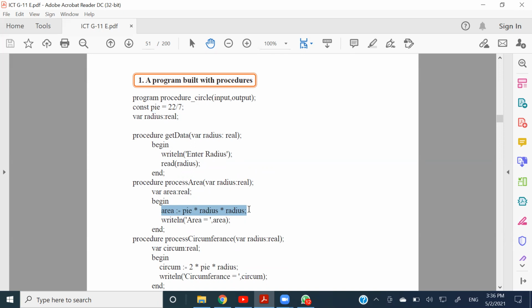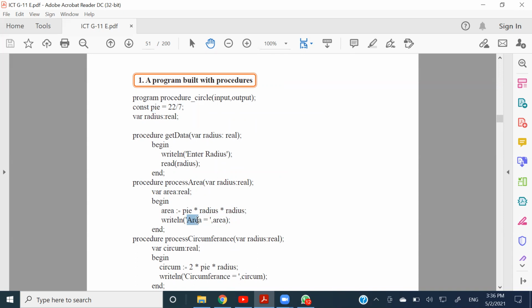Process. It is a process. Yes, madam, it is a process, right? So that process says take pi and multiply by radius and by radius again. That will be assigned to the variable called area, and then they will print